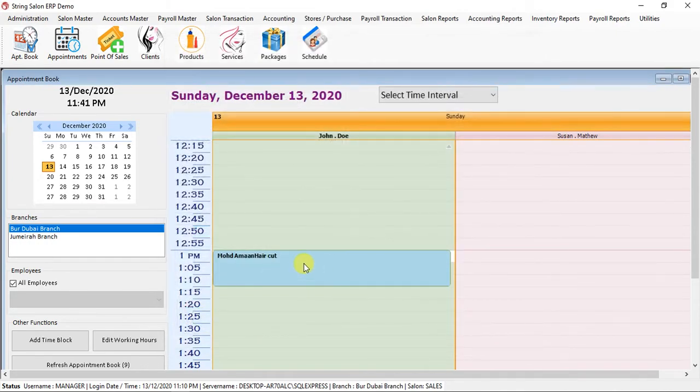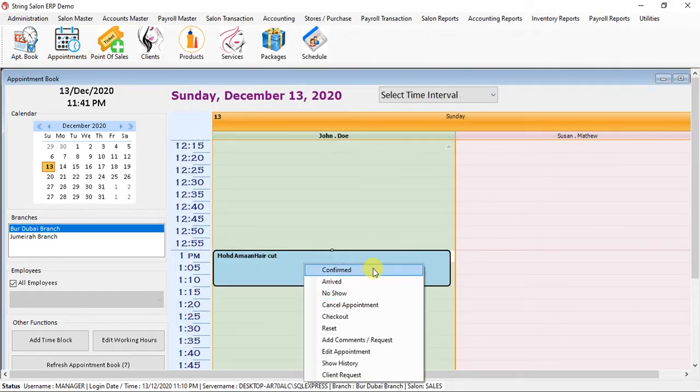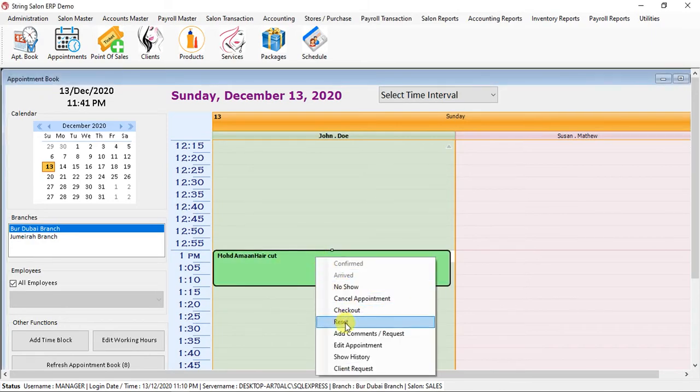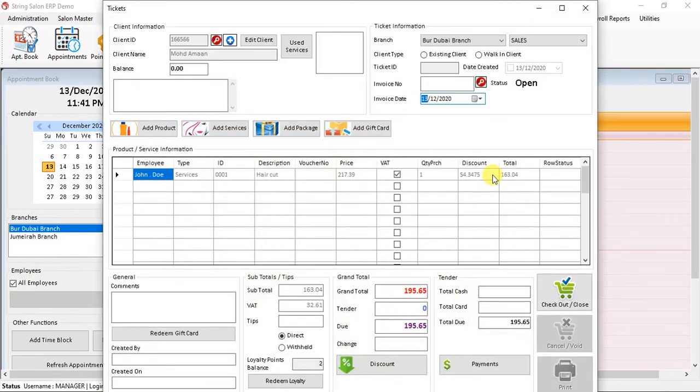By creating the appointment, the client comes in, he has arrived, and now you want to check out. By checking out, you can see that the offer is applied automatically, and there is no need to do it for each and every invoice you create for the active services which are already activated for the offer. So the discount is automatically applied.